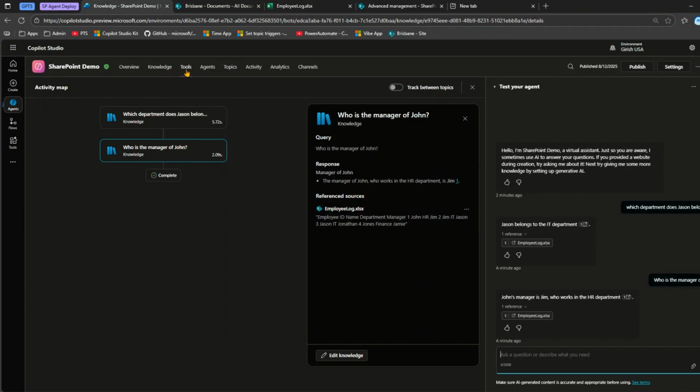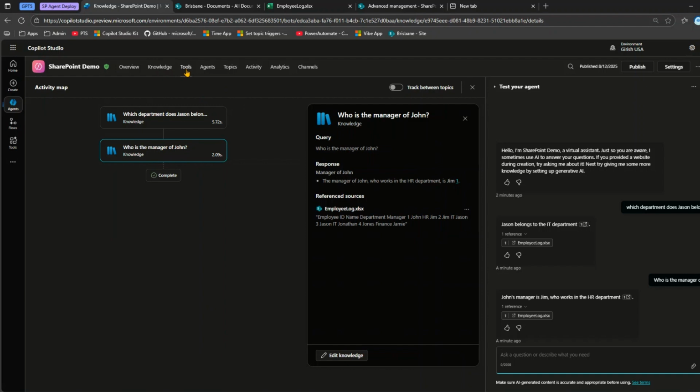and then you can pass on this information to any tool which you use to approve the leave for a specific employee, or maybe you can use this to extract more details about employees, like if the employee belongs to the IT department, then route the ticket to the IT department queue. So there are multiple use cases, but this demonstration is only to show you how you can use SharePoint as